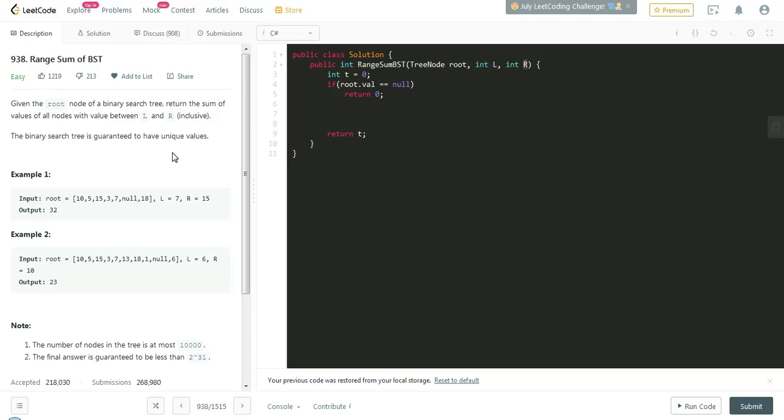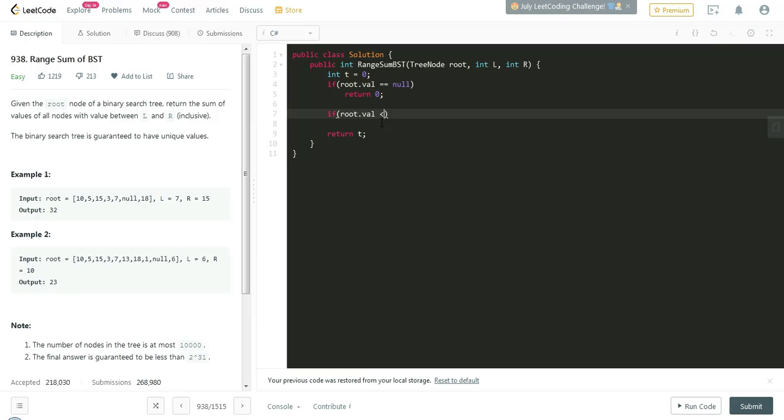Now we need to check the root value against the left and the right value they have given. The condition is that the value should lie between the L value and the R value. For that, we need one condition which is going to check the root dot value against the right one. Binary search tree: return the sum of values of all nodes with value between L and R. So this root dot val must lie between the left and the right one.